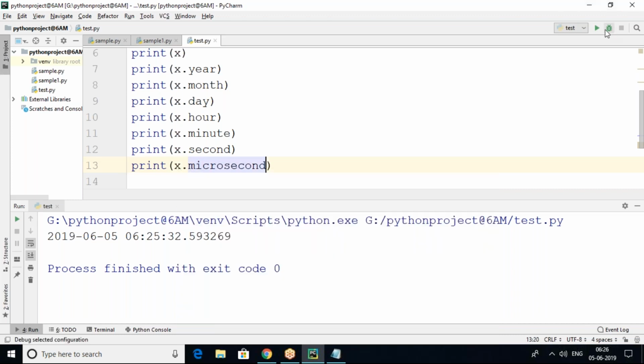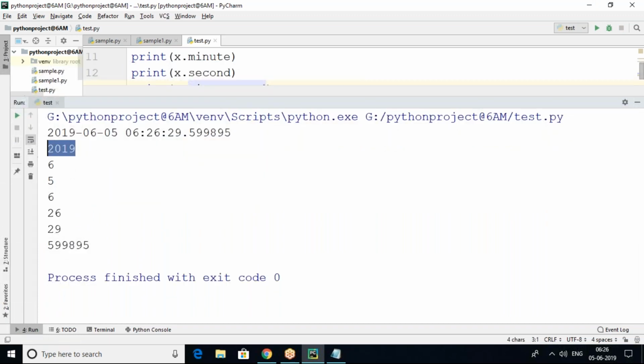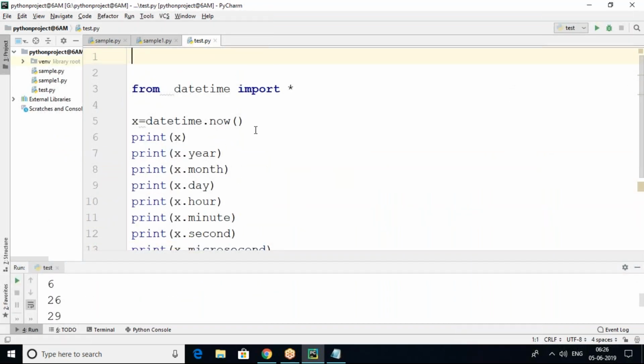Like this we can get all options. Now you can see 2019, year, month, day. Okay, so here time, hours, minutes, seconds, and microseconds, like this. The current system date and time object we can get. So this is what we have here in the datetime module.